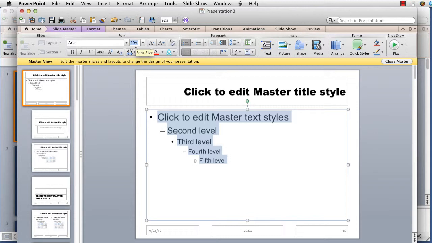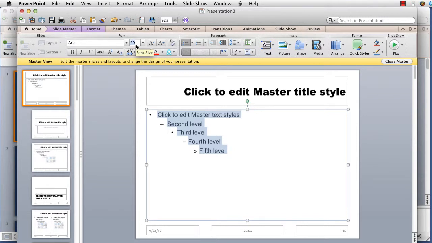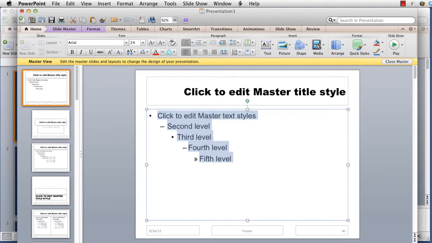And so my body font tends to be about a 20. I could probably even go to a 22 to a 24. Let's see what 24 looks like. We'll keep that. Sometimes there are definitely areas where I would go smaller,